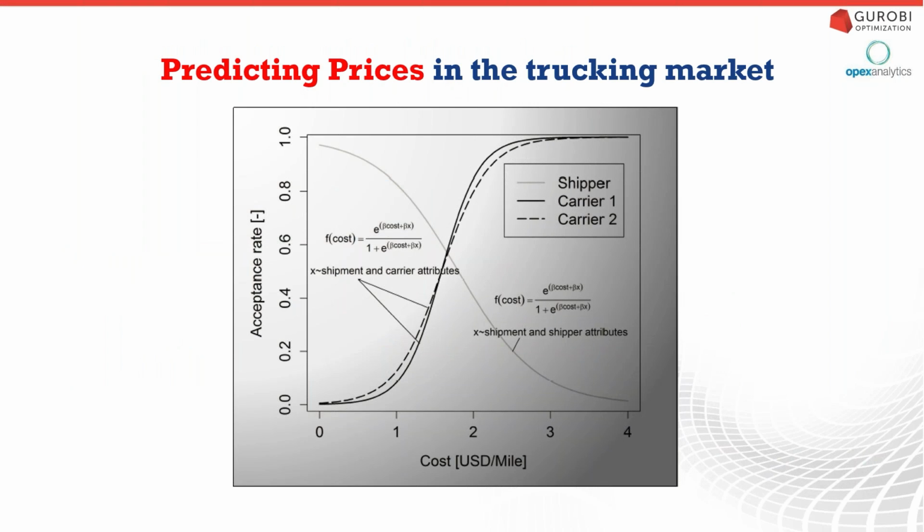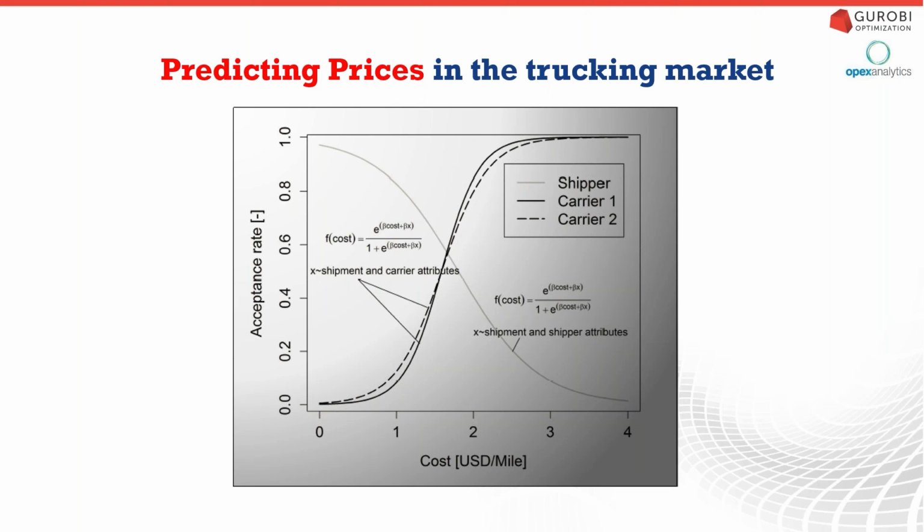Another good example is this one from predicting truck prices in the trucking market. So in the trucking market, we have two different groups. You have the shippers. So these are companies that want to ship a product from point A to point B. And then you have the carriers, which are the trucking companies and the trucks that move that product. And this is results of work from a particular academic paper that was published and based on a project that we did with that client. And in this case, the client was the broker. So they were the person in the middle between the shipper and the carriers,